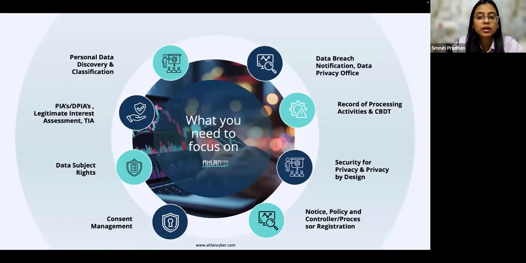All these data subjects have been given rights by the law. As an employee today, I can come to the organization and ask my data to let me know what all data you are collecting against me. I can even ask you to delete my data. There are certain 4 to 5 rights that have been given under KSA PDPL. That is where organizations need to have a data subject rights management program in place.